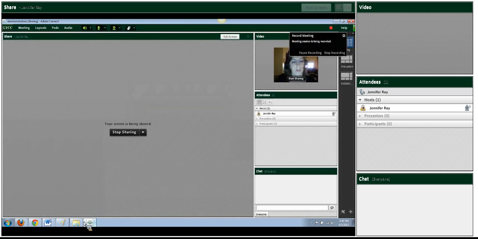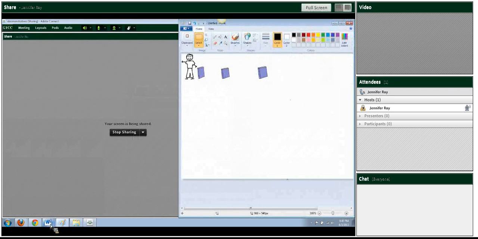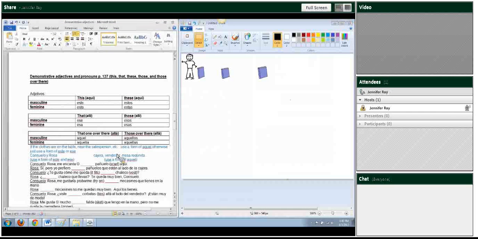Okay, so I'm going to go ahead and talk about demonstrative adjectives and pronouns. If you look over on the right hand of my screen, you'll see this little boy here, and you'll see these three books. Whenever he's talking about the book closest to him,